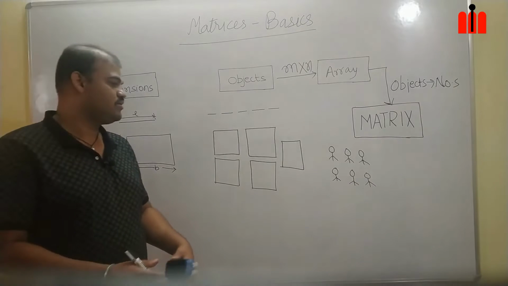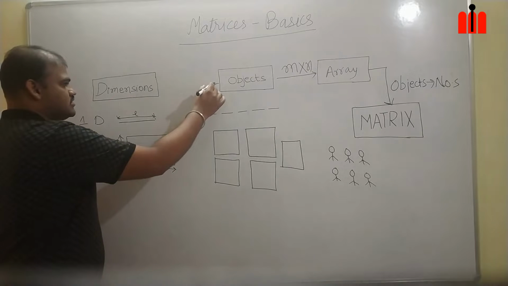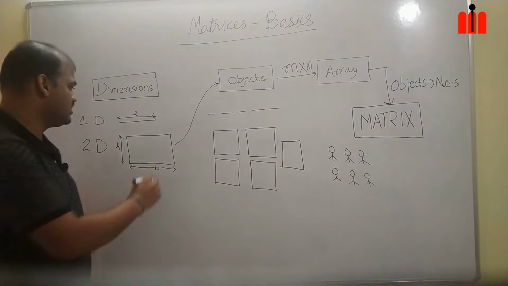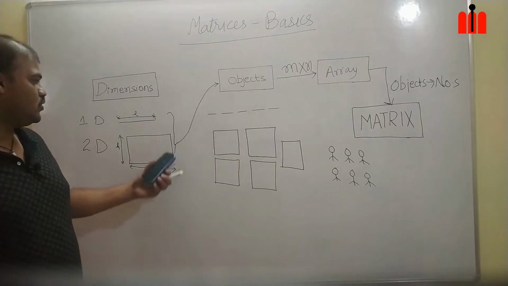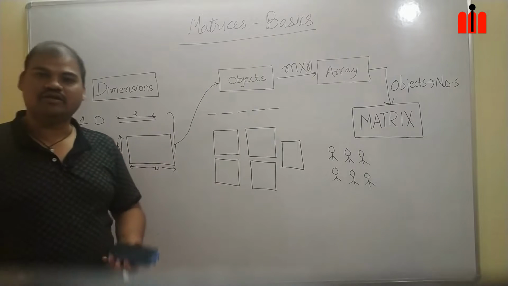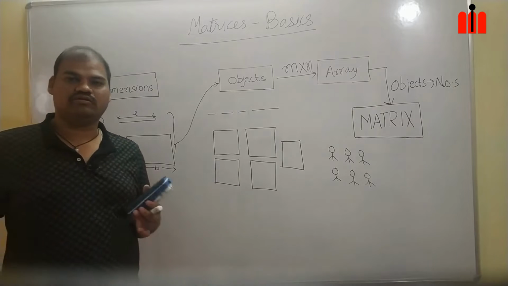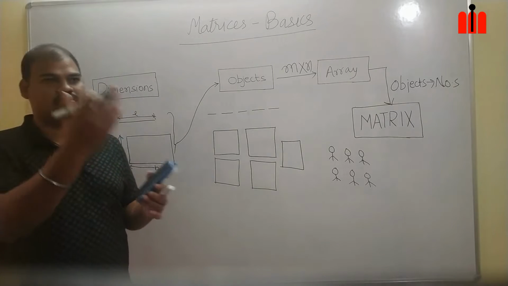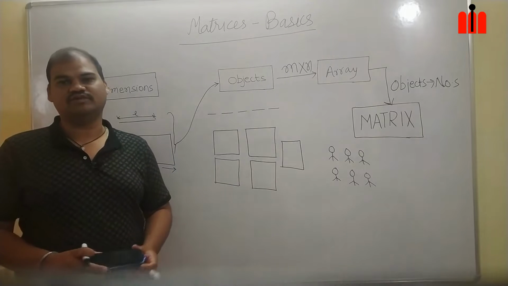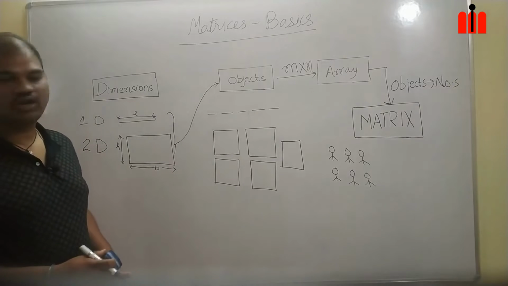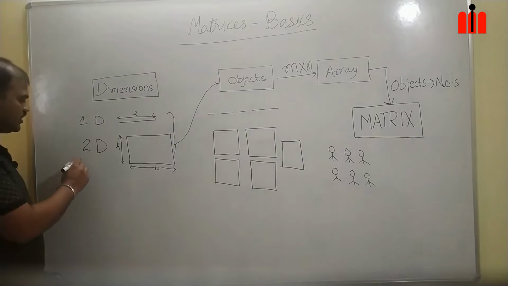Okay, what are objects? Objects are some dimensional figures. So objects can be a 1D, a 2D or a 3D object. If we take a toy or doll, whichever we are seeing in our surroundings, everything is a 3D object. Okay, so those are all our 3D. Now, why I stressed on the term 2D is